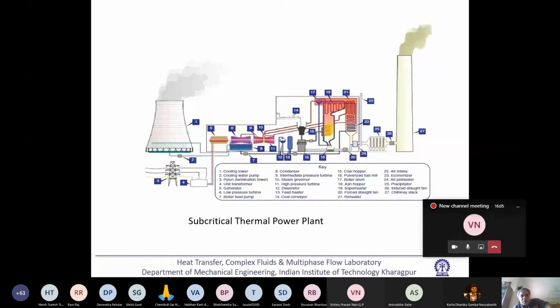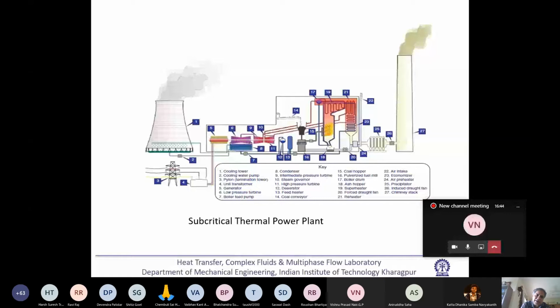So then I like to have a closed system. So how can we have a closed system? I can have a closed system where this water I will not throw in the river or pond, rather I will cool it. So the hot water is sprayed in a cooling tower and air is drawn through the cooling tower. So a little bit of evaporation is there, but by that little bit of evaporation, the water gets cooled. And then this cold water again can be sent to the condenser. More than this, I will not tell now. So this is your cooling water circuit and cooling tower.